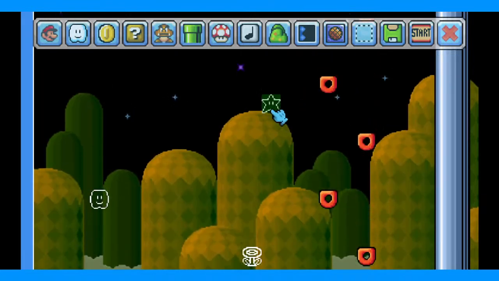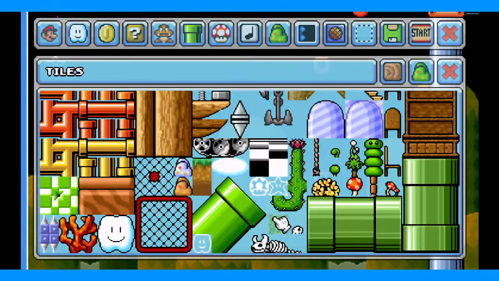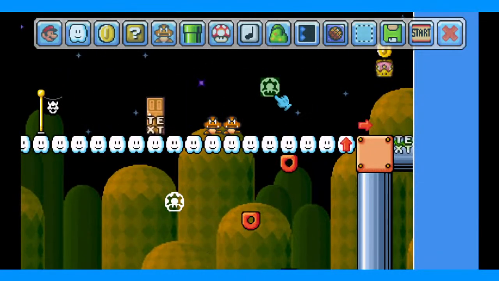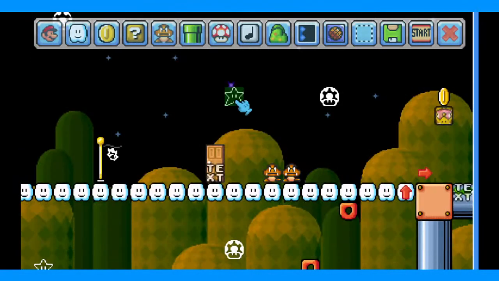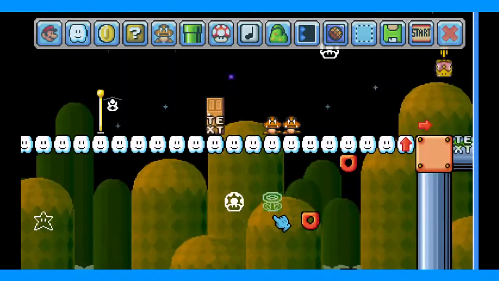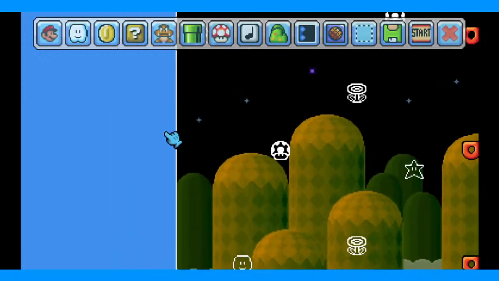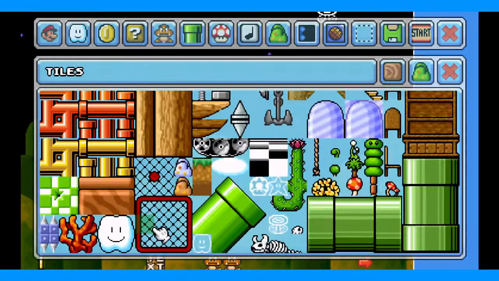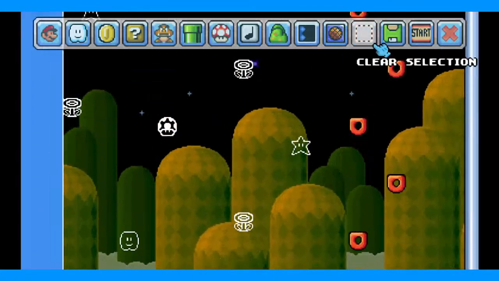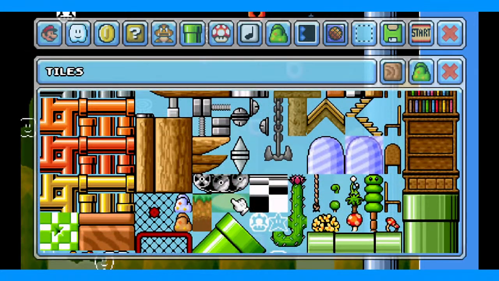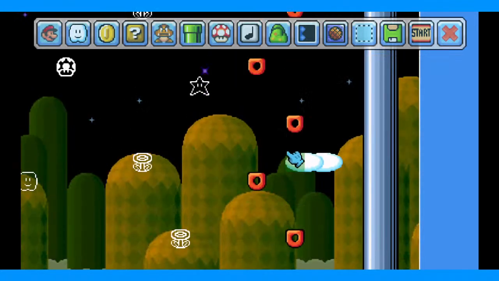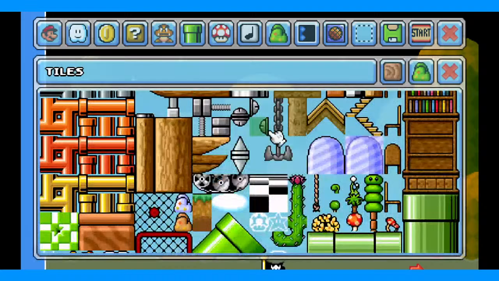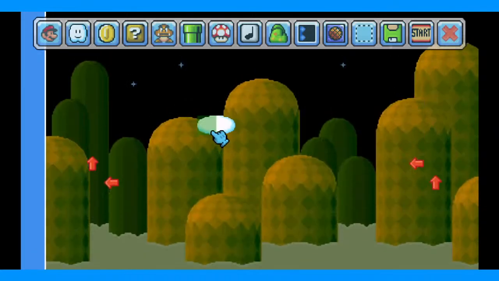And then let's add a couple more stars. Throw in some more mushrooms. And another star up here. Then some fire flowers to fill in the gaps. And a few of these cloud blocks as well. Save that. Okay. And we can also go ahead and